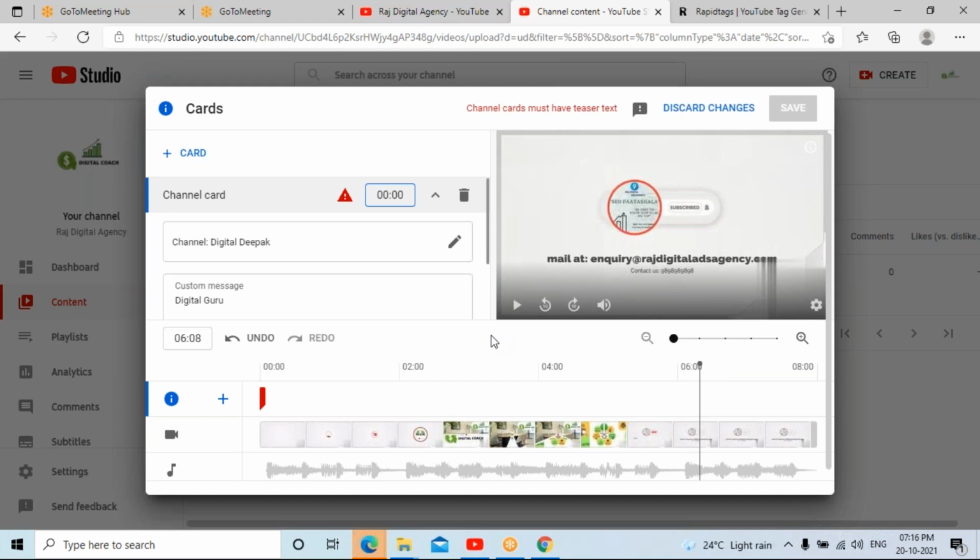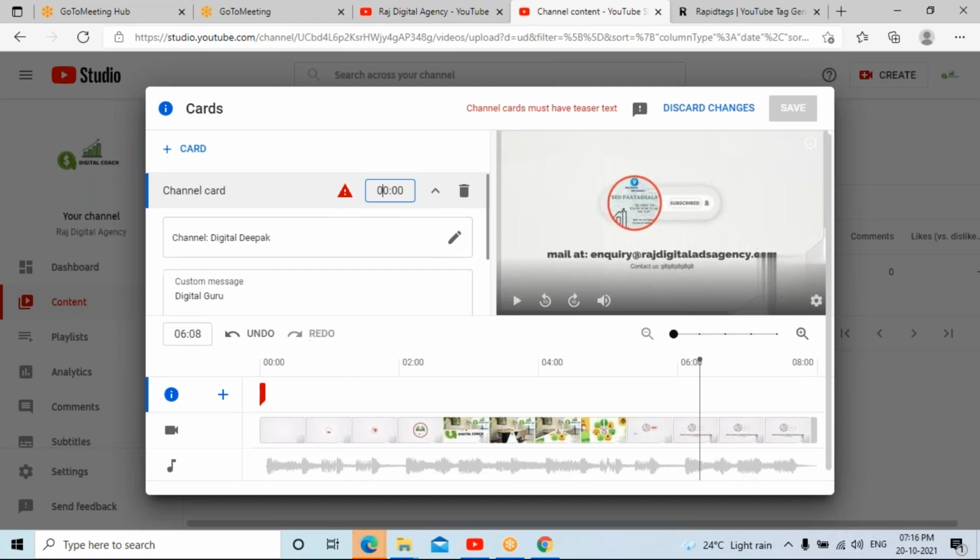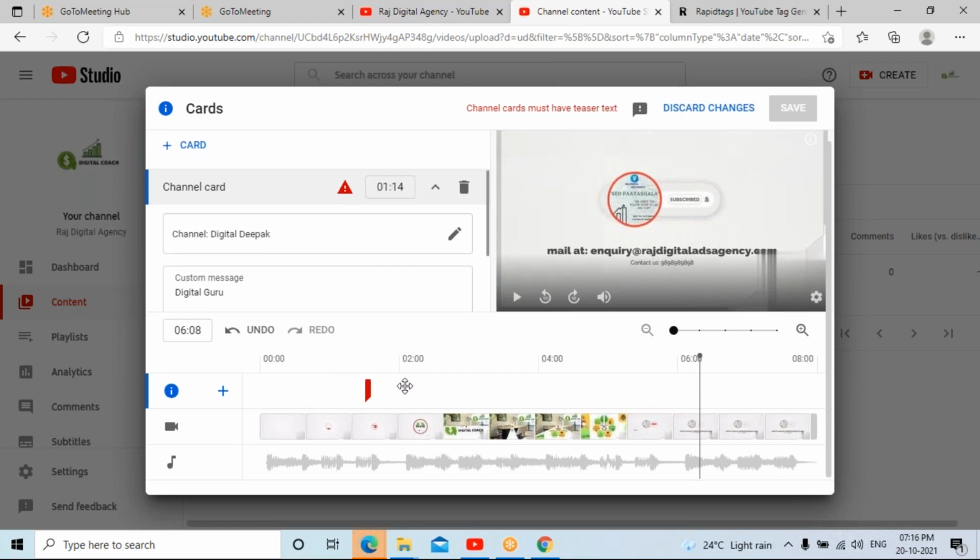only if the video is more than 10 seconds. Okay, so let me try it. Is it allowing us? No, it is not allowing us. Fine. The thing is, the running of that particular suggestion as a card should be a minimum of 10 seconds.